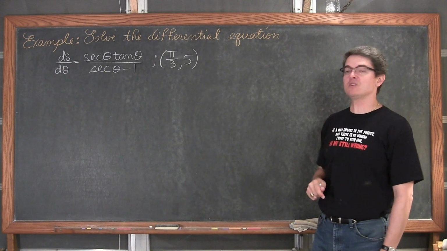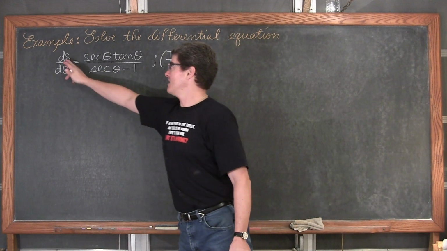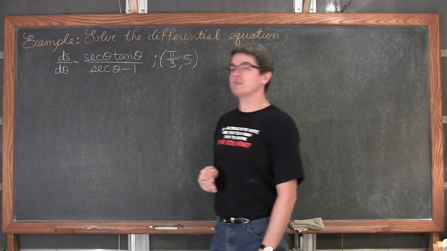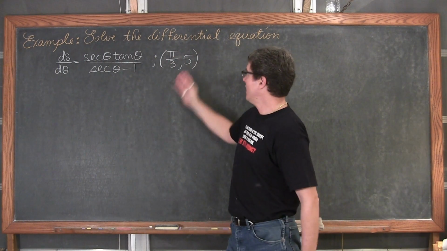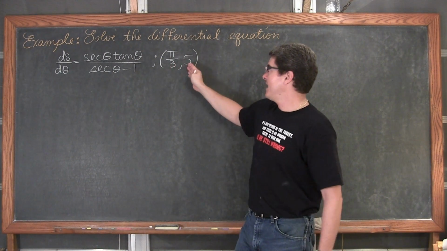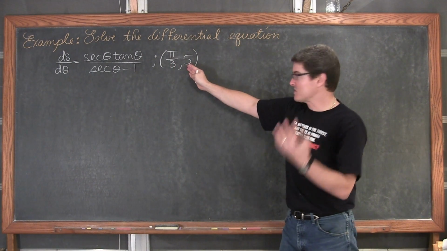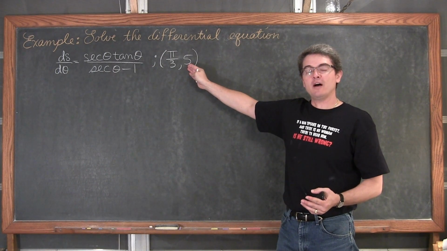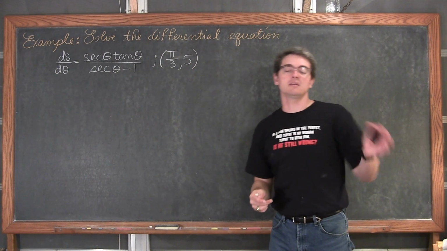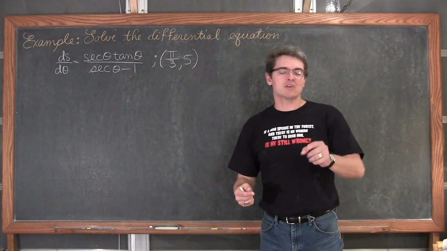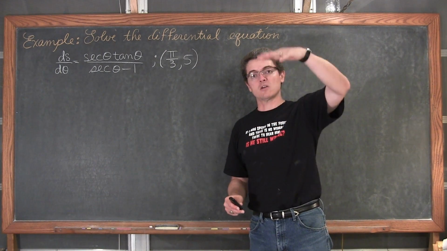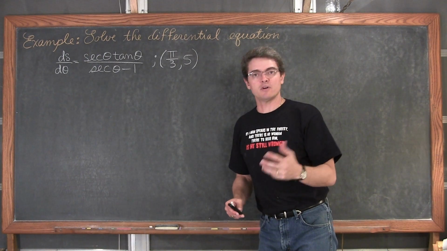Solve the differential equation. We're simply going to integrate both sides and say that s is equal to the indefinite integral of this. We're going to have that plus c. We're going to use the value of theta and the resultant of the function, or s, which is going to be 5, to help figure out what that constant c is. So instead of writing the plus c at the end, we actually have an actual equation, not a family of equations where we don't know where that vertical shift is, that constant at the end of the function.